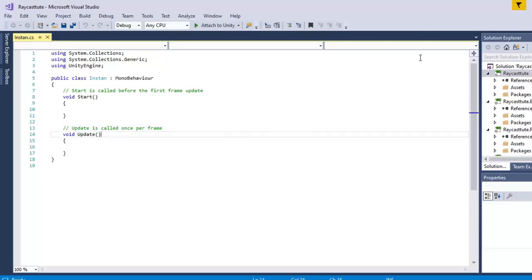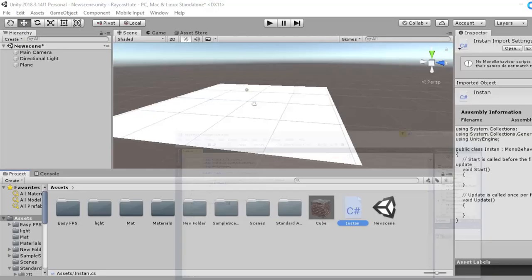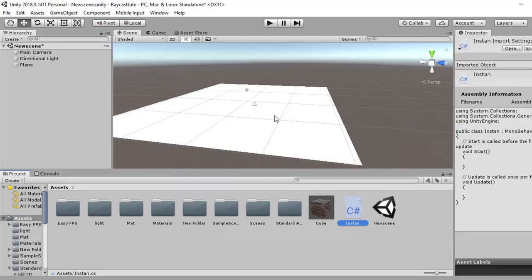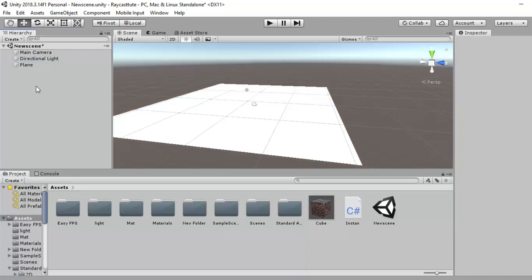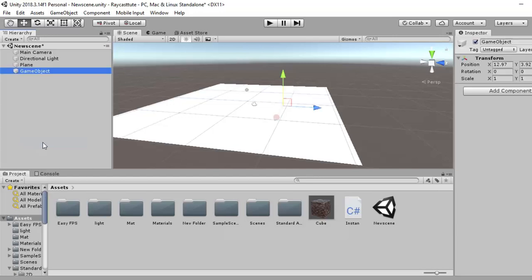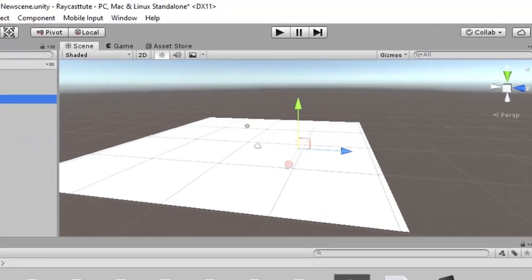Now this script is opened. We have seen in the previous lectures that a script can only be activated when it is associated with a game object in the scene. Here we can see that we have three game objects: main camera, directional light, and plane. We have to assign this script to a game object, so for that we can create an empty game object.